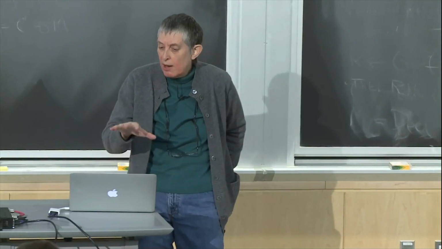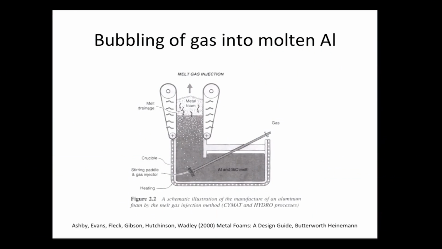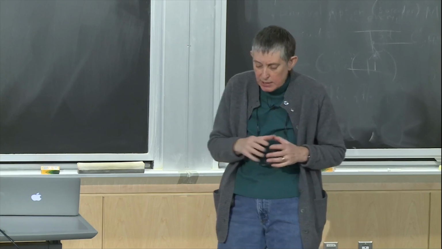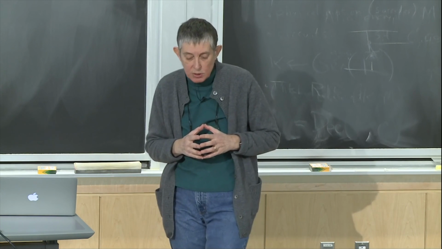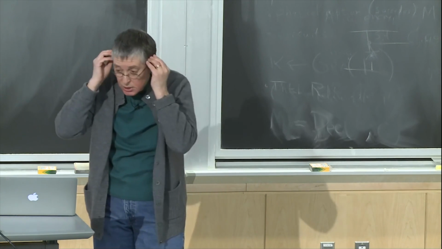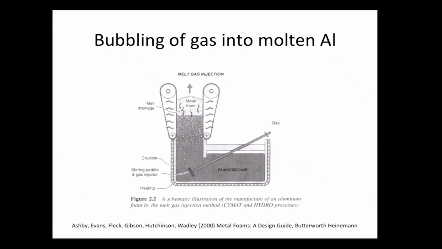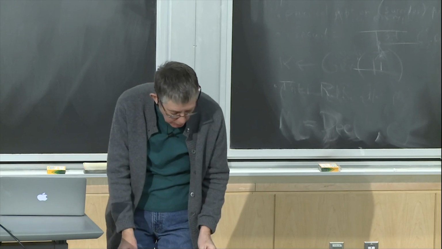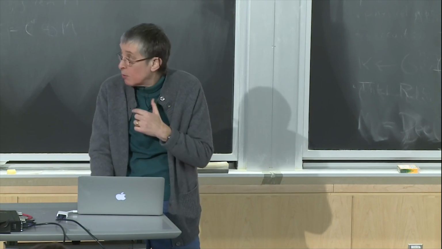So I have a whole series of slides that show schematically a variety of different processes for making metal foams. I thought I would just go through the slides. I think I did this really quickly last time, but I would write down a little bit of notes on each of the slides so that you've got some notes too. This is the first method here, and many of these methods were developed for aluminum foams, but you could in principle use them for other types of foams as well. So this first method here, let me see if I get my little pointer. Here we go, here's the pointer.